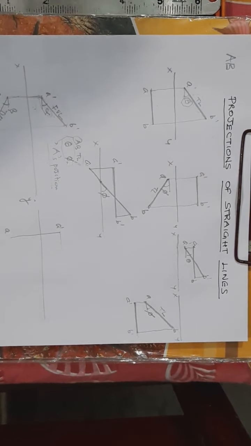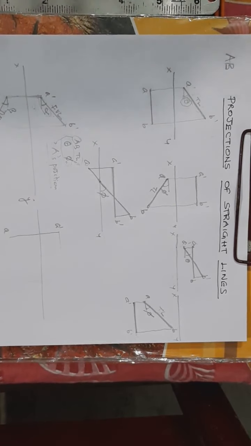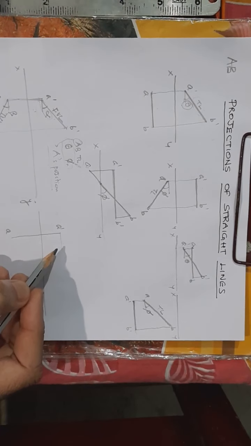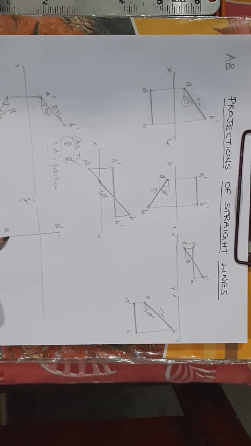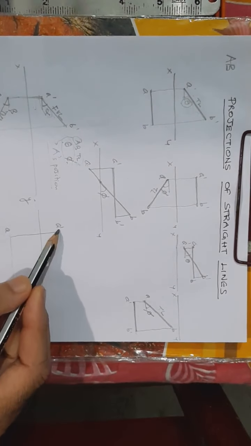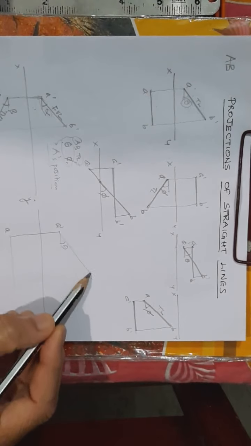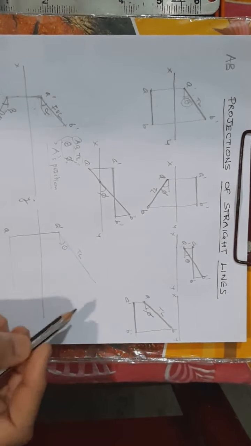In order to find these apparent lengths and apparent inclinations, the procedure that we follow is, we initially imagine that the line is inclined to only one plane. Let us imagine that the line is inclined to only HP, parallel to VP. Parallel to VP means the top view must be parallel to the XY line. The front view will show the true length and true inclination. The true length is given to us and the true inclination is also given to us. So the inclination seen in the front view is always theta, and therefore we take the true length along with theta, because this is a true inclination.